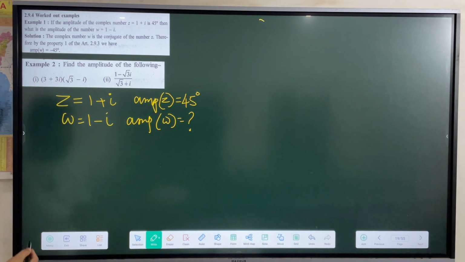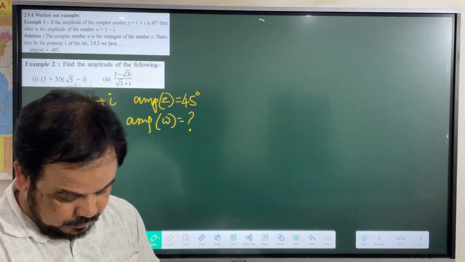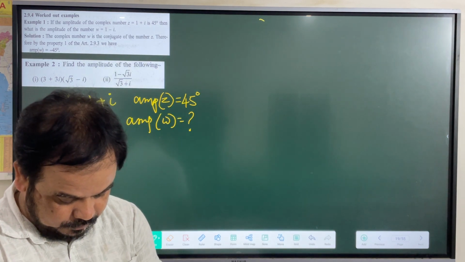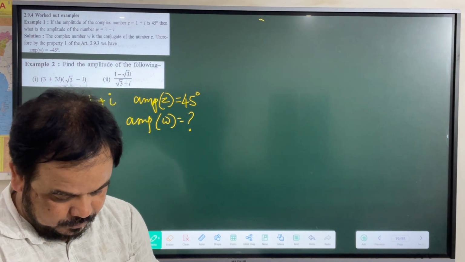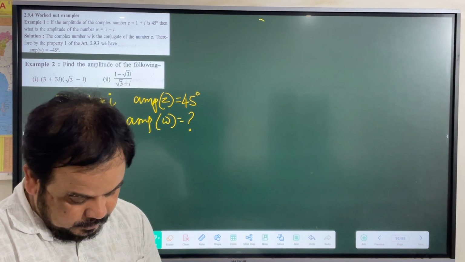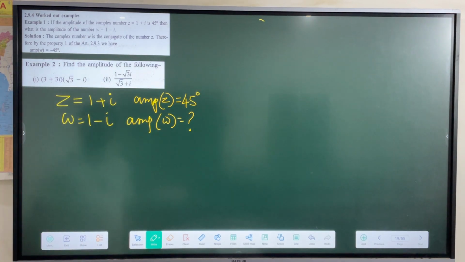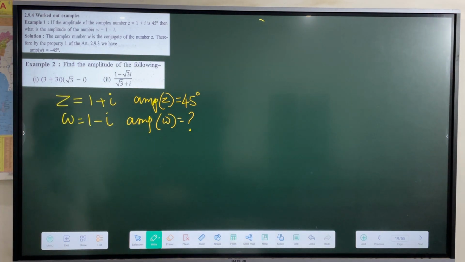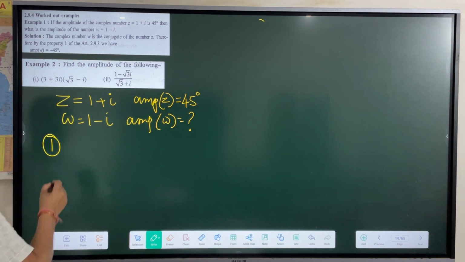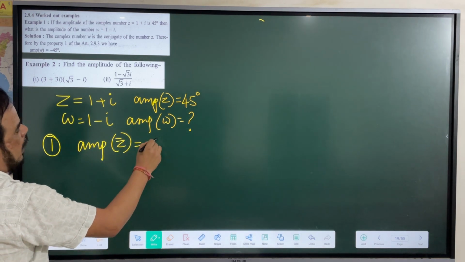So what do we have? Okay, according to property number 1,